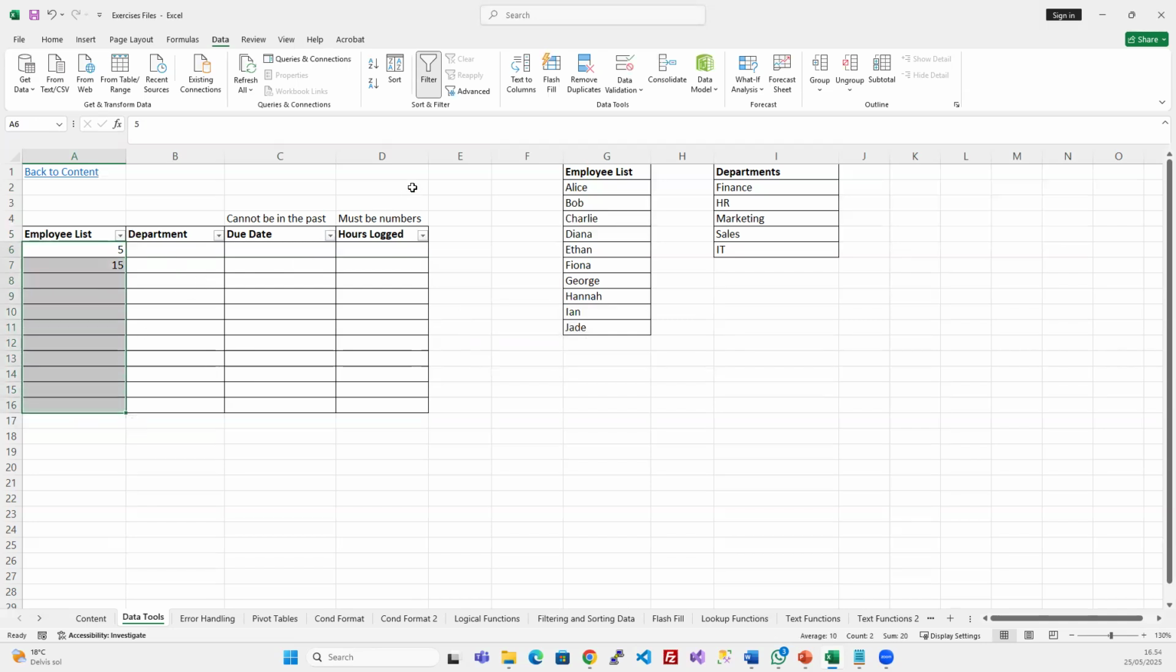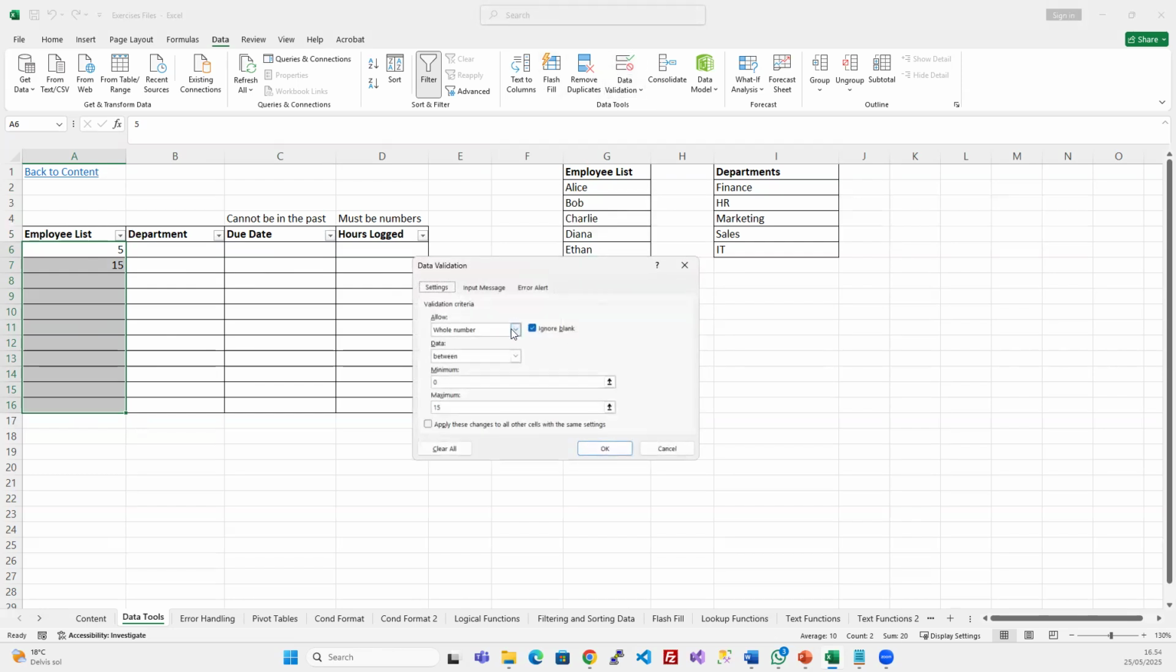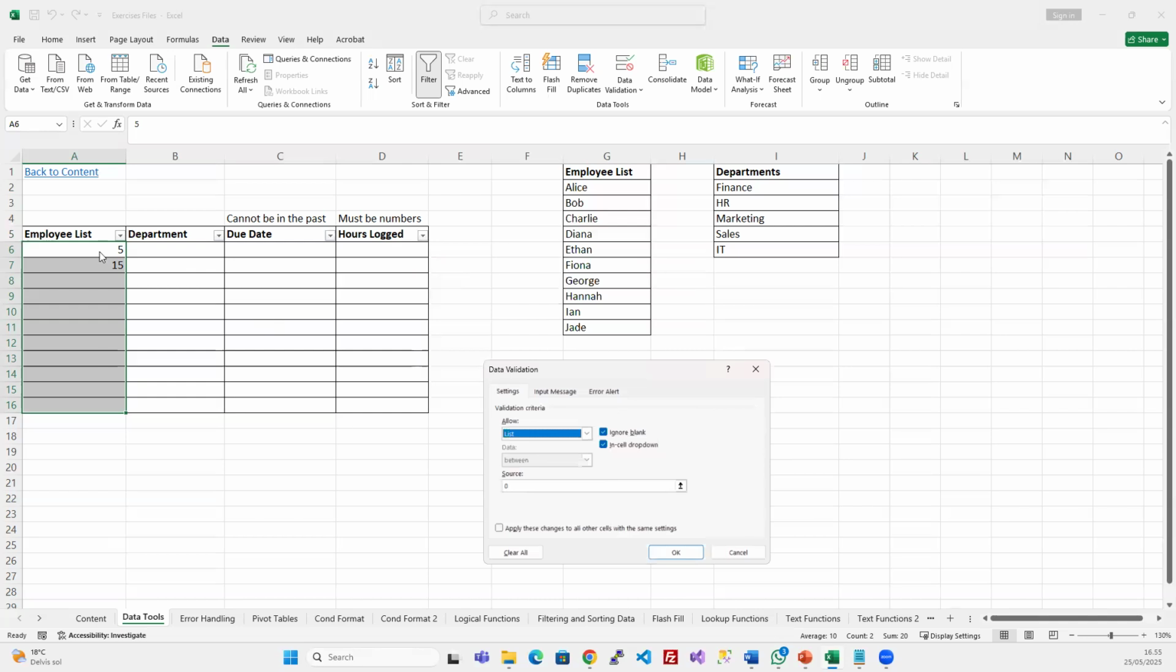But for employee list, we're not going to use the whole number validation rule. That was just to show you. For that, we will use list, okay? So it could be anything. It could be decimal, it could be date, it could be time, it could be text. And then there is a special one, custom. But let's try list. Now, list just asks us that, okay, you want a list of values that are only allowed in those cells. And in my case, I have already prepared an employee list